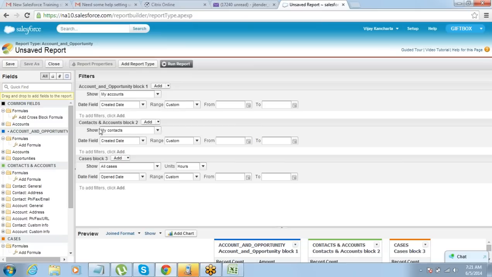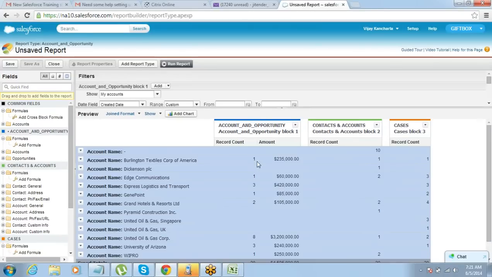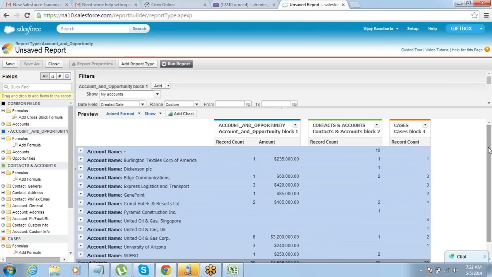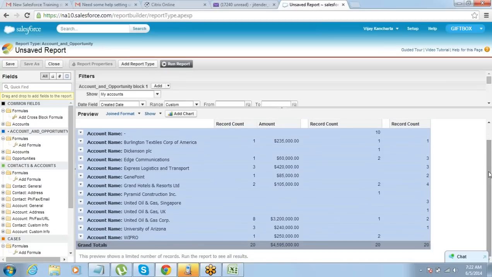So you can put different filters in each of the blocks. For opportunities you can have a different filter, for contacts you can have a different filter, for cases you can have a different filter, the way you want. I am not putting any of the filters. So it is a joint report, as the name suggests. It is a combination of three blocks of report which have been joined together to give you a common representation.